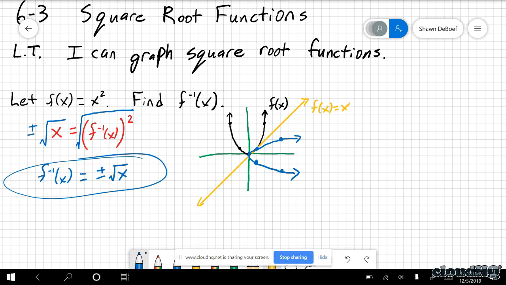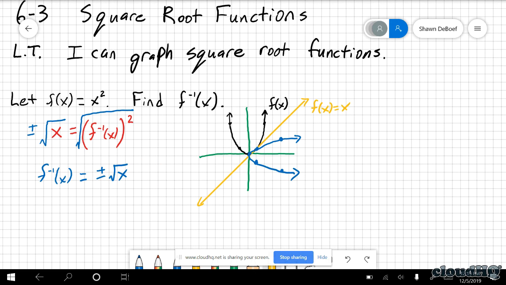So when I look at just one of the square root functions, it's really just half of that graph. If I actually erase up to that starting point right there, that graph in blue there, that is the square root function. That's what the graph looks like, the positive one. And so then the negative one would have been the bottom part, the part that I erased. And when we put them together, we end up with that full sideways parabola. But a square root is really just half of a sideways parabola.